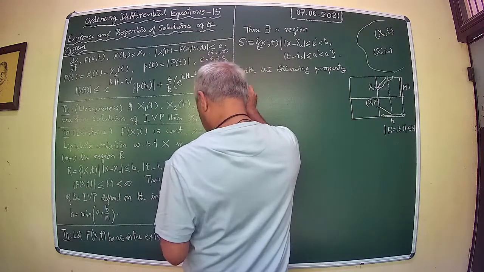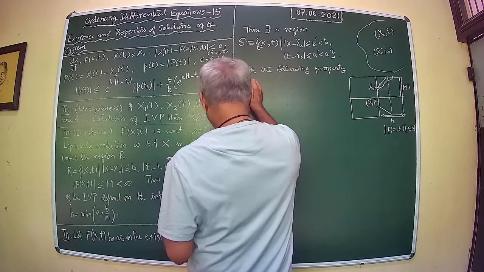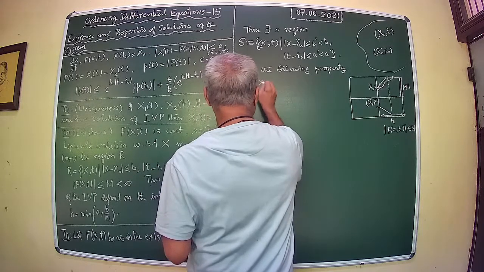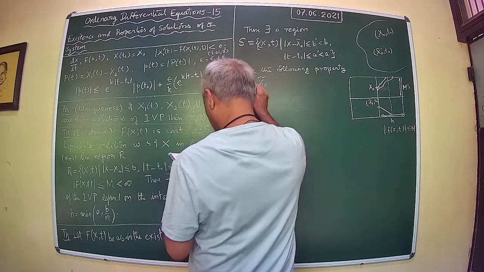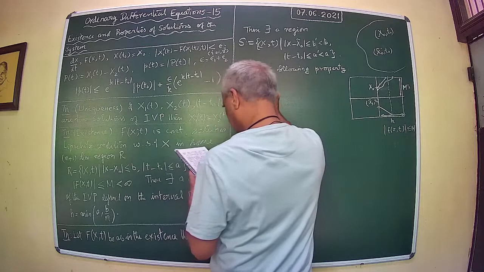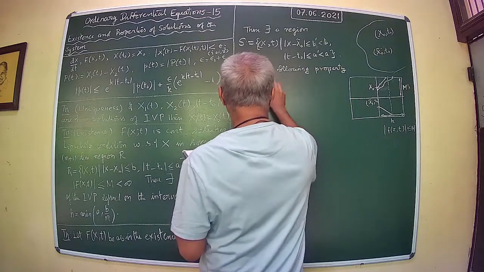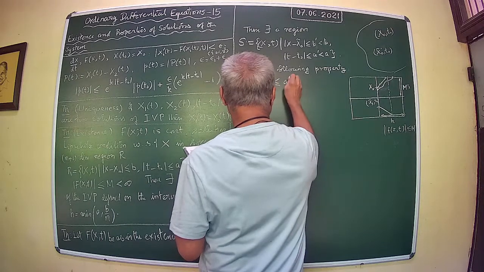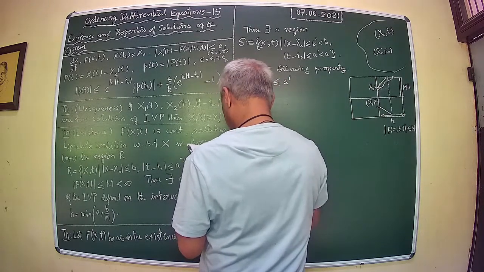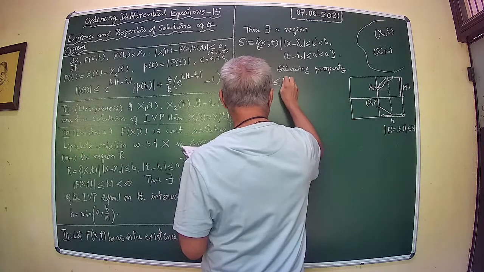Namely mod x minus x naught tilde or x naught less than or equal to a prime, sorry, b prime,